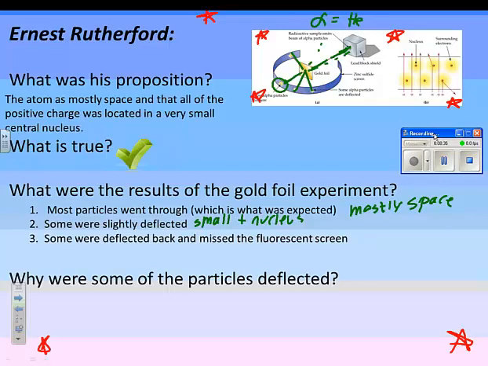Most of these go right through the nuclei. I guess you can't see what I'm doing. Most of them go right through the nuclei. Some hit a gold nucleus and get deflected. Some come straight at it, hit the nucleus, and get deflected straight back. That's what's happening. So here's the video.